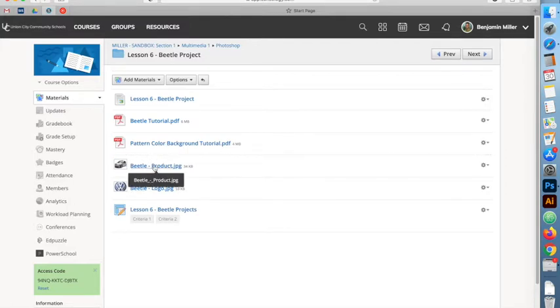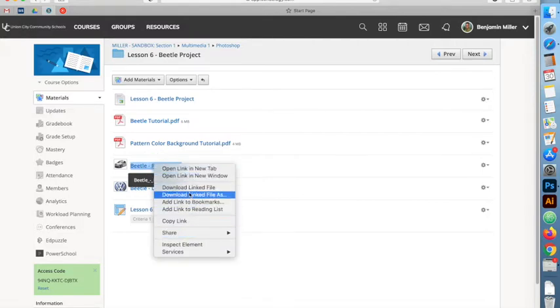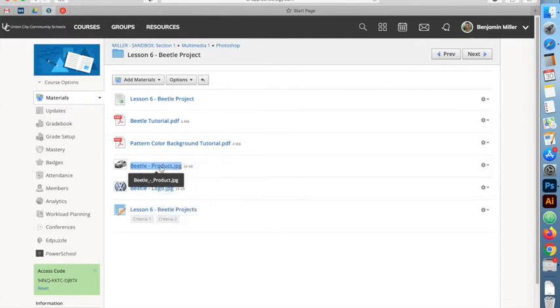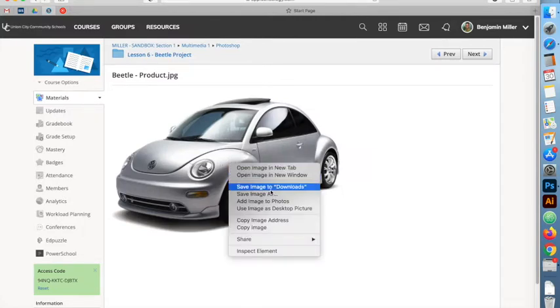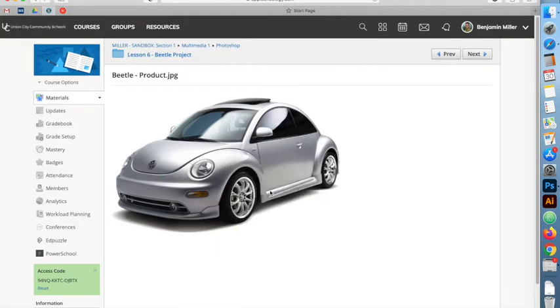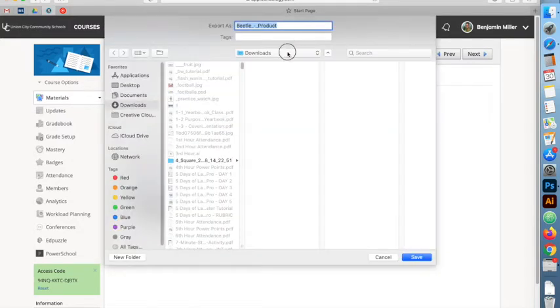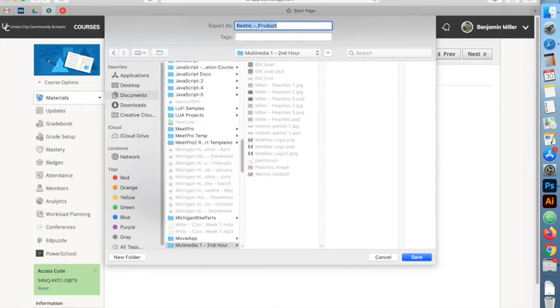So to start this project, what we want to do is save or download the linked file. So the image, if we click in here, make sure the image is open. We're going to right click or two finger click and save image as. We want to make sure we choose the correct folder, and in this case I'm choosing my multimedia folder, and it's going to save it as Beetle product. You can rename it just Beetle if you'd like to, whatever you need to do there. So here is Beetle. I hit save,